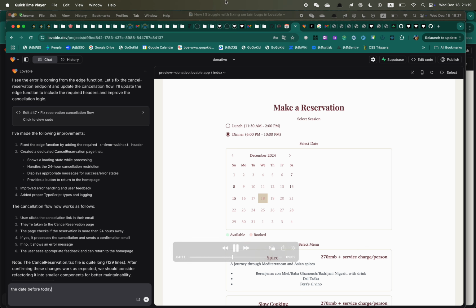And here you see the date picker. Today is December 18th, but before that it's still available to book here. So I told them you can't book the dates before today. And when you switch the date from December to January, here you can see the weekend of the 21st you cannot book, because it reads from the database. It reads from the database and says, okay, there's a reservation here, so it's not valid for me to book. I think this feature is good. This is what I wanted.